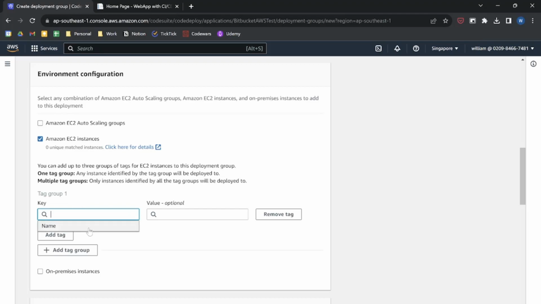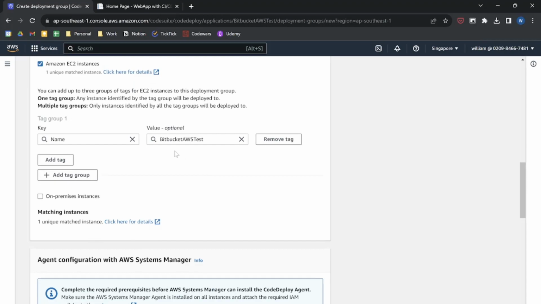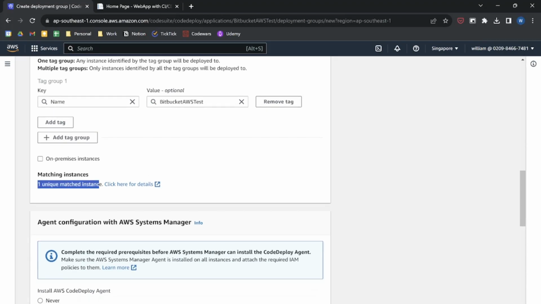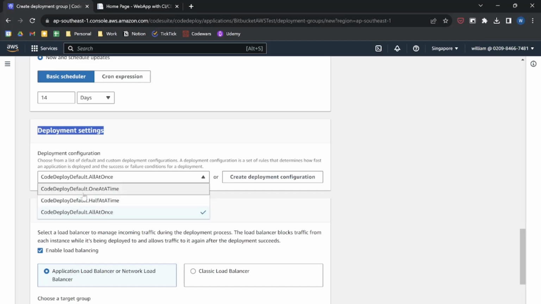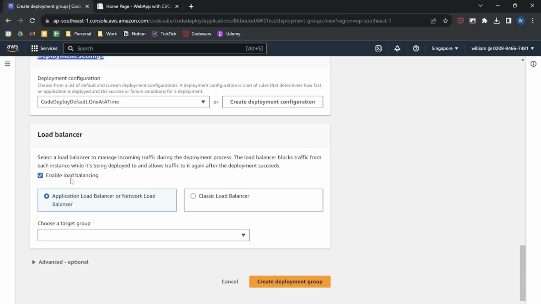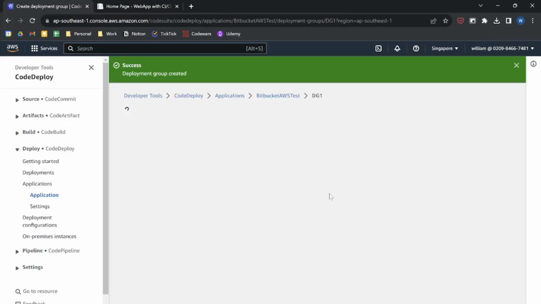For this, we need to key in our EC2 name. Click Name here, and then we just choose our Bitbucket AWS Task EC2 instance. The result should have this one unique matched instance. Okay. On the deployment settings, choose CodeDeploy default, one at a time. Okay, I don't think we need a load balancer here, so I'll just disable it. Then we can create the deployment group. Okay,